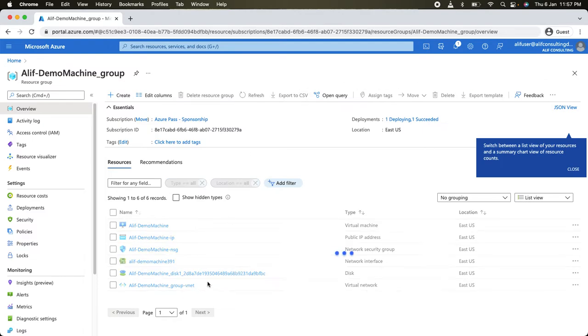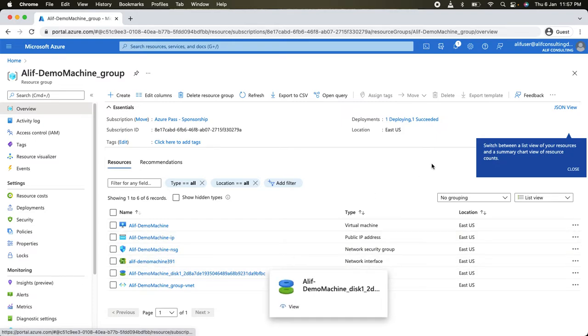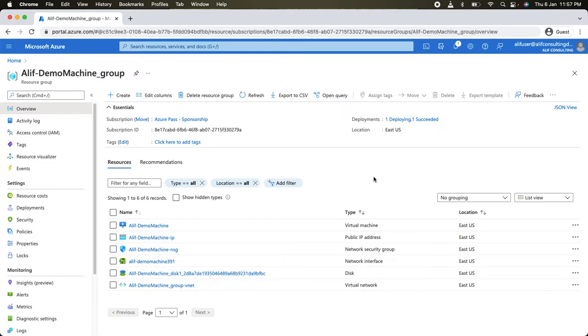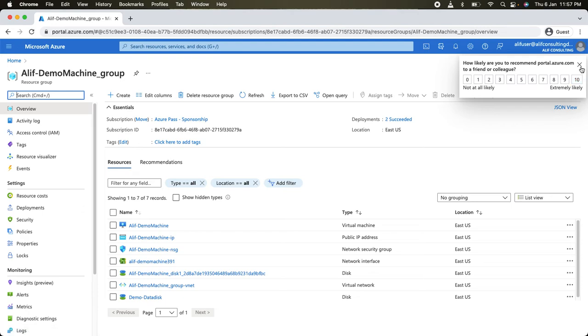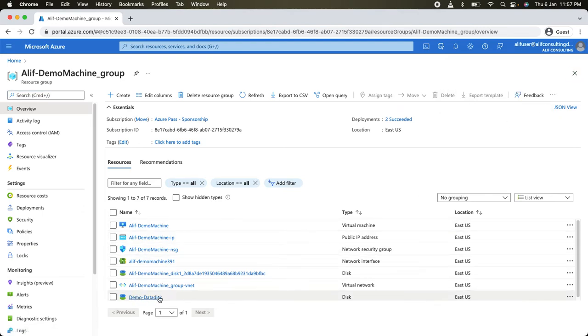If I click here and refresh it, I should be able to see one more managed disk created here. Okay, it's not coming up, so we need to give it a few seconds. Let me go ahead and refresh the complete page. Now if you see, this demo disk is created. So if I click here,